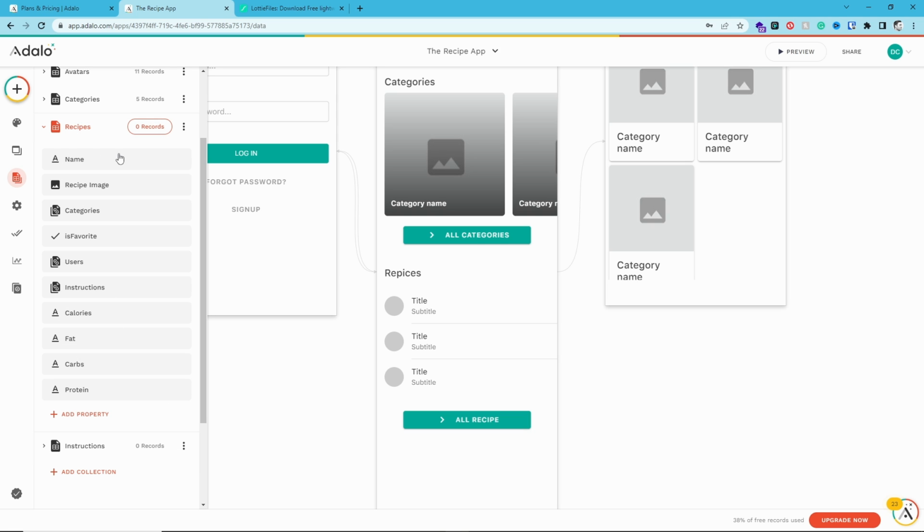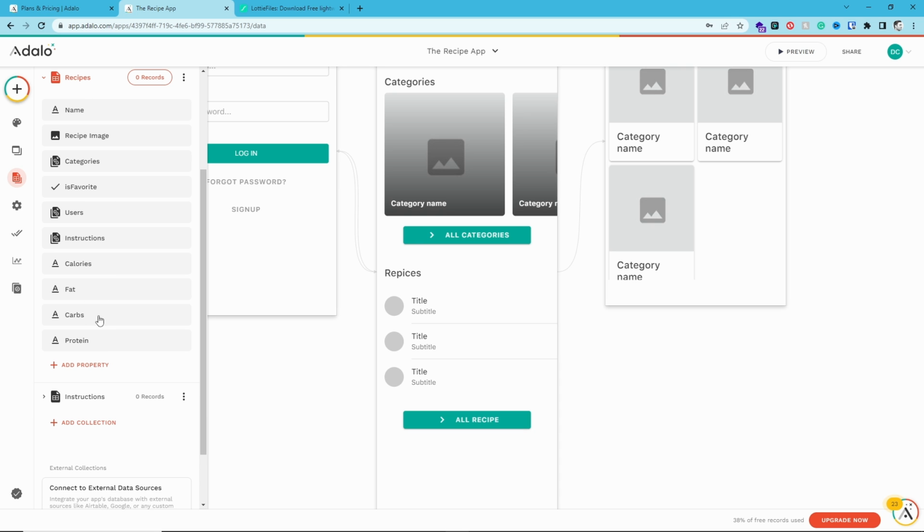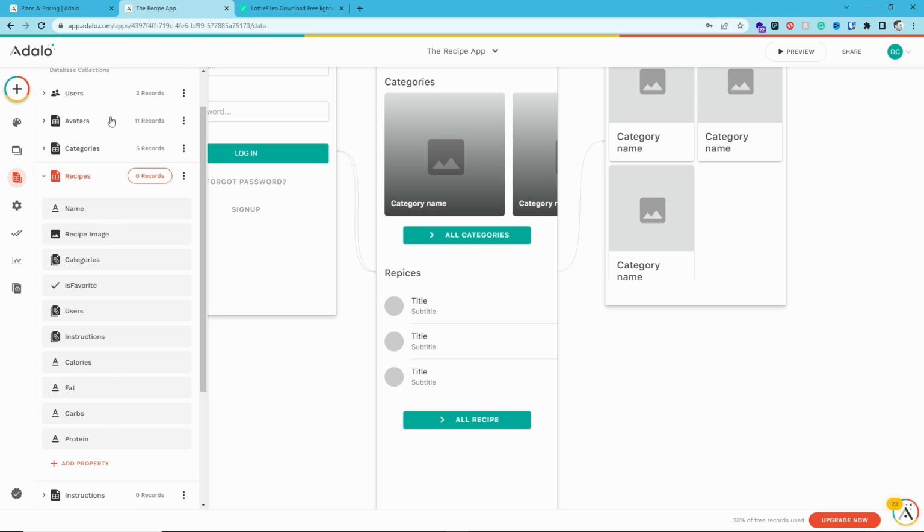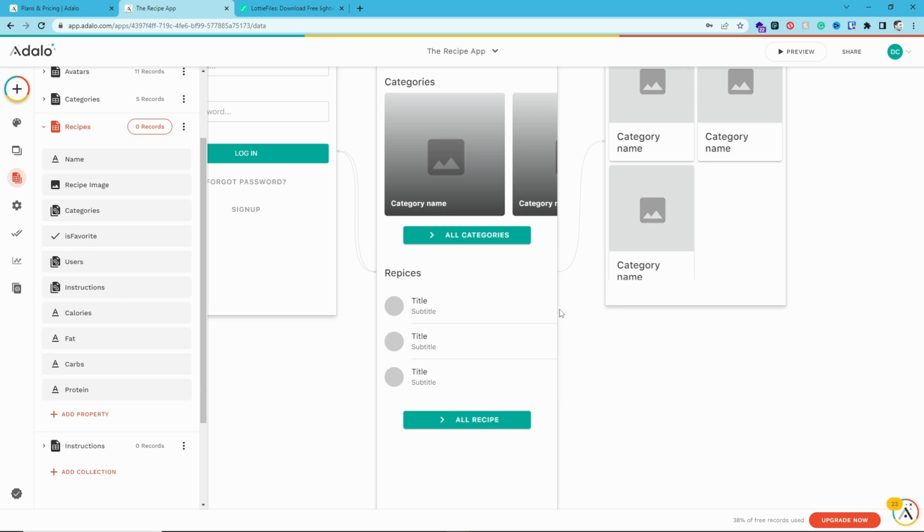We've got a recipe name. We have an image associated with that. We have the ability to tie into the users table, whether or not it is a favorite. I'm just thinking we could do a lot of stuff here. We could add notes that we could tie in as a relationship to a user. So a user could add their own notes on a recipe, and they would be able to see their notes for that recipe. But I think for now, we could do a